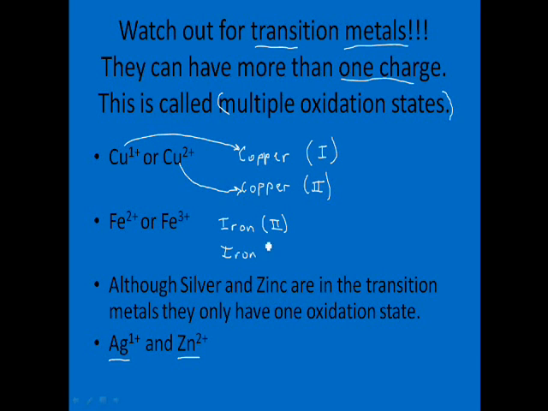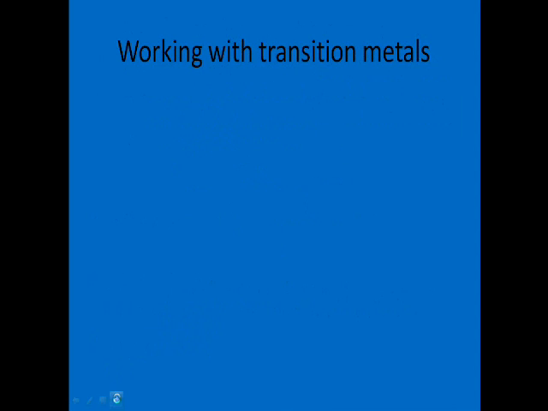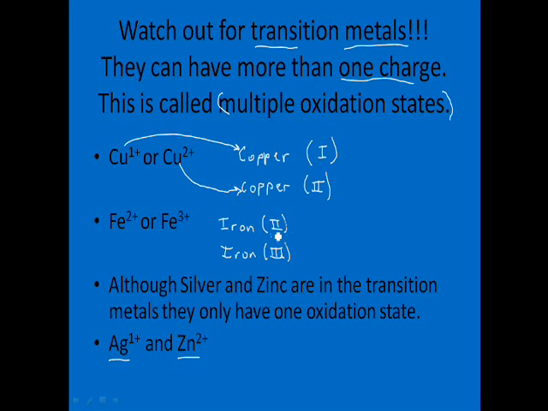And so you treat these as you would any other element that doesn't have multiple oxidation numbers. When you crisscross, it's just that if we were to write the names, you're going to need the Roman numerals in the name. Let me state that again. You don't need to put the Roman numeral in the formula, just in the name. For example, iron 2 chloride